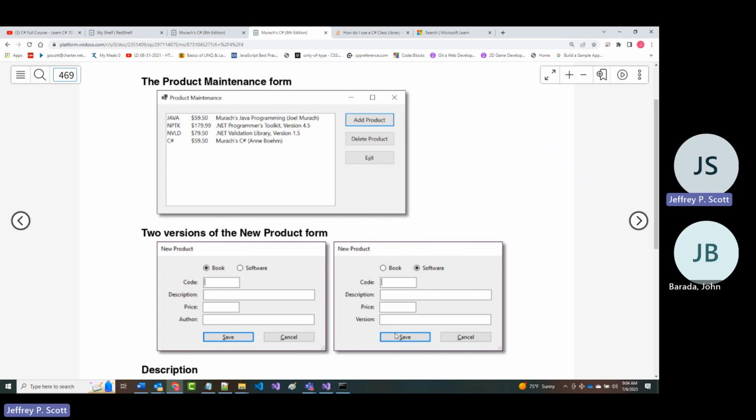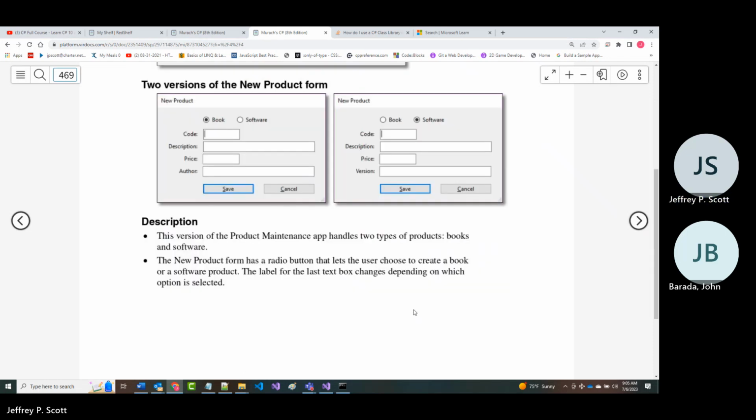So we've got two versions of the new product form, and both of them are able to inherit. They both inherit the code, the description, and the price from their parent. Pretty much what we did in the last chapter.